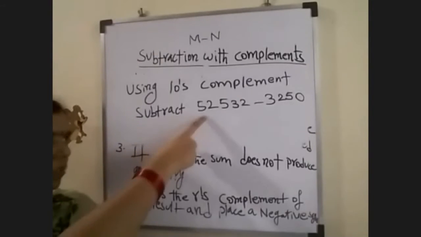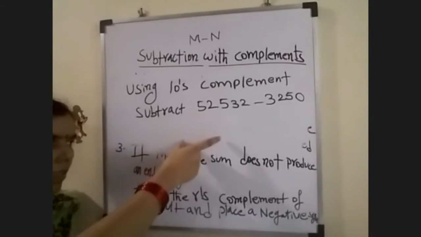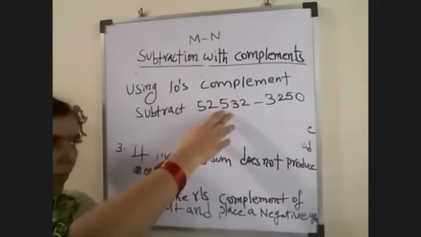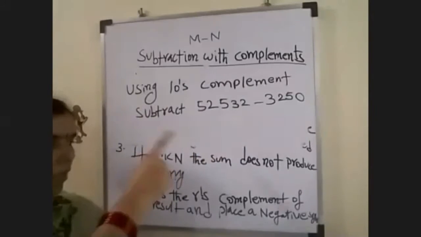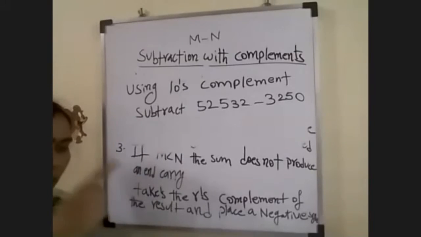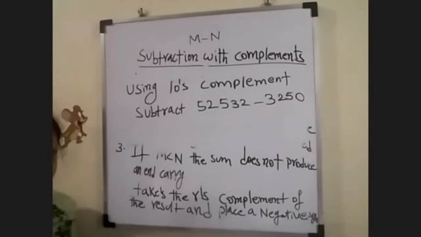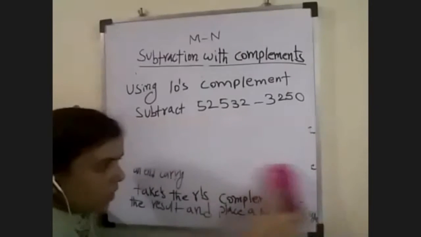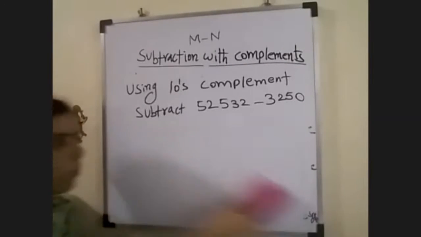After you complete this method by solving this problem, you get some result. If that result matches this directly subtracted value, then your tens complement answer is correct. Otherwise, a mistake was made in your procedure or subtraction. So we can apply this procedure, subtraction with complements.